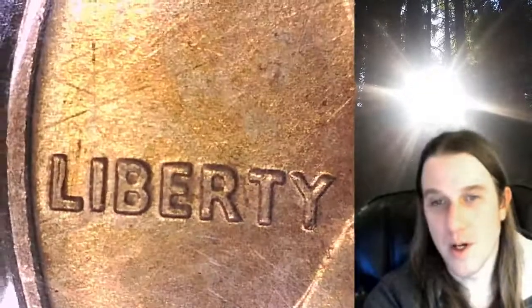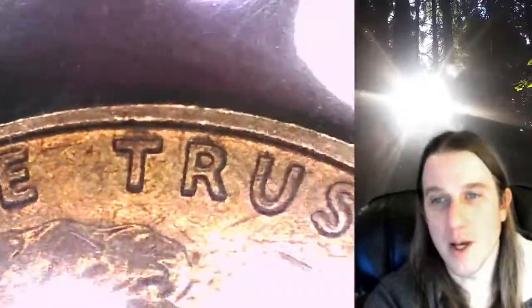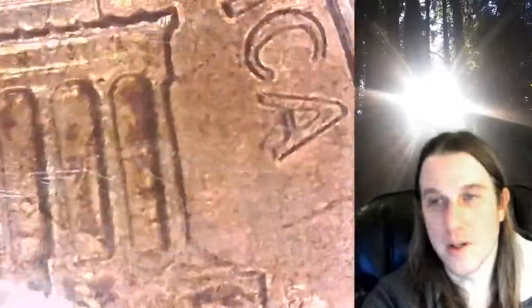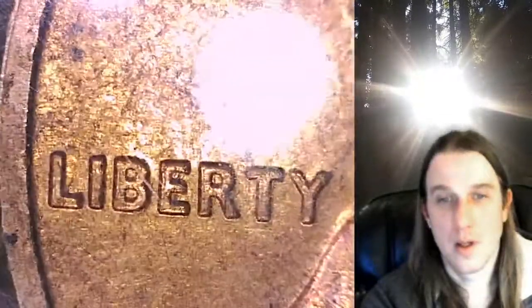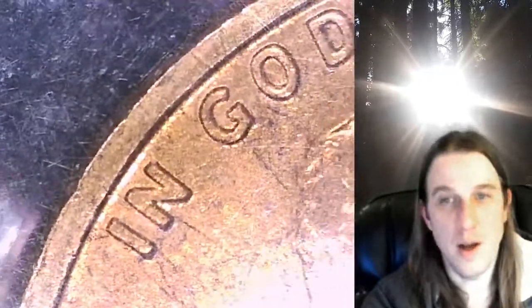So I'll give you guys the warning here. I think we've got about 4 or 5 more coins here. I didn't think we'd go through these this fast. I think all the other rolls that I saw were really big rolls that would probably take about 2 hours a piece. I think this is what we're going to do. I'm trying to think if I have anything else smaller. I don't think I have any really cool...